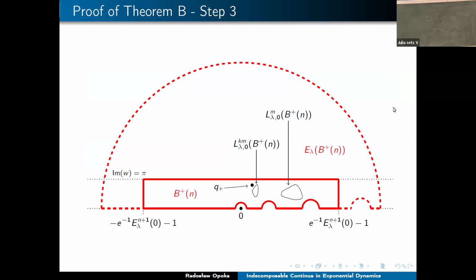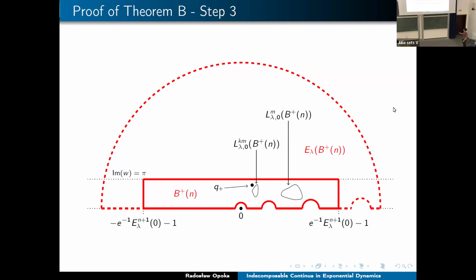So firstly, let's focus on these red shapes, B plus n. We also define B minus n, which is the reflection of this set in the lower half plane. This is almost a rectangle because we cut some parts from it. This part is exactly the image of this left half plane. This is the circle around the 0. And this part is the image of this. This is not a circle, but something close to a circle. And we cut every such image if it's needed.